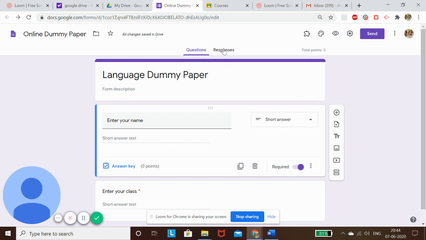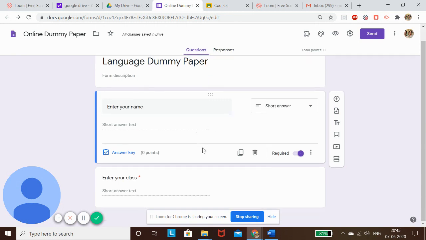So if you're making it into a required field, you will see that these questions become compulsory and the students have to answer this question. For example, you can see here, enter your class, and it is showing me a red asterisk over here. This shows that this is a compulsory question and the students will not be able to proceed further until they have given these basic answers over here.